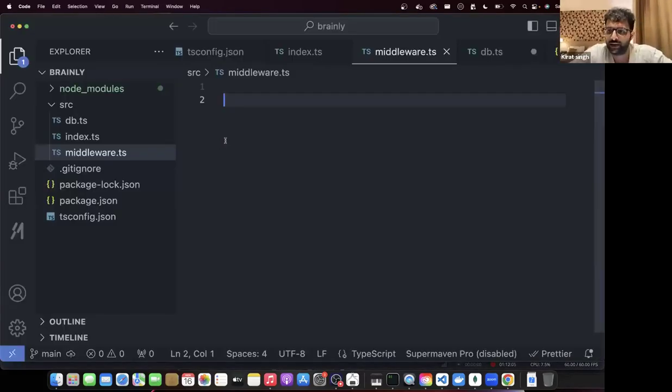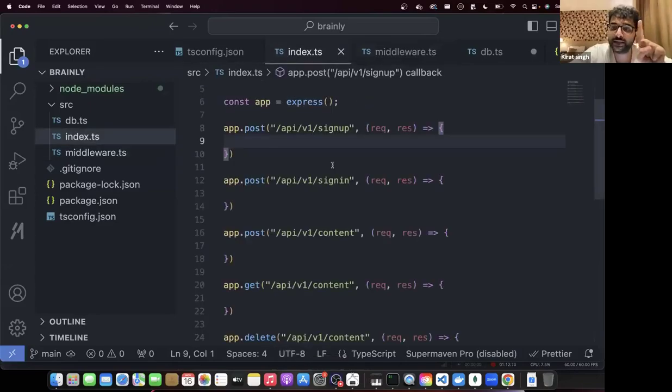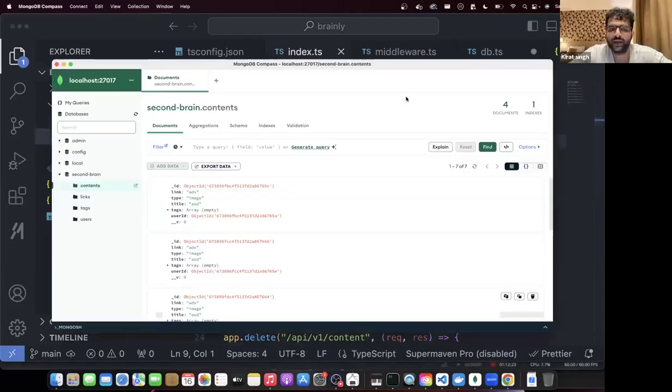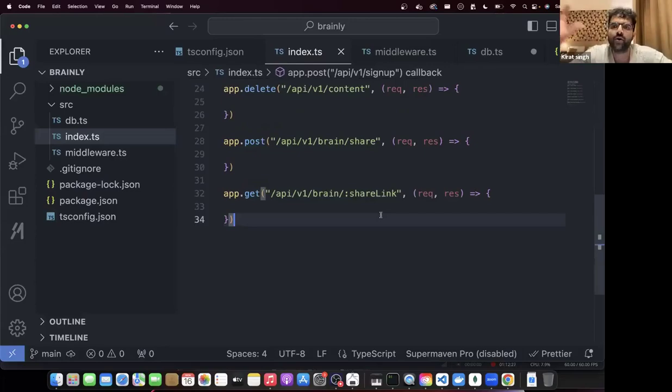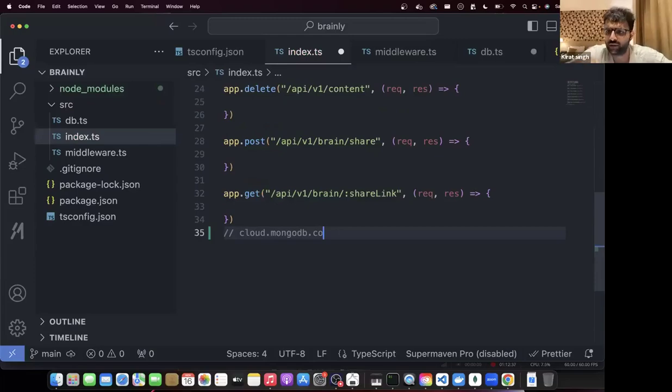Beginner folks, let's try to code this. I gave you a boilerplate code. What is the first thing we need to do here? Let's add the database schemas and the database models. Before that, start MongoDB locally. I have MongoDB running locally. Some of you might not have it running locally, so you should first have a MongoDB URL ready. Only then will you be able to test it. You can get one on cloud.mongodb.com or you can start it locally. I have started it locally, so for me it is working locally.